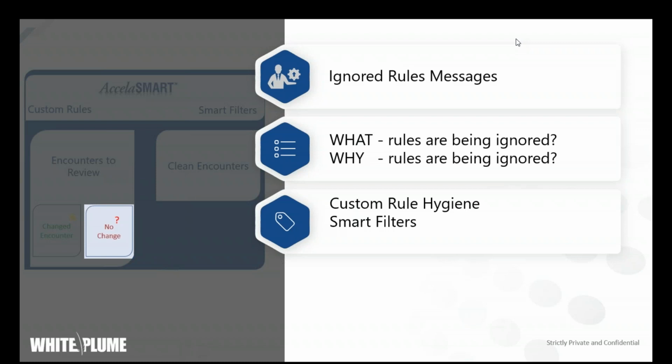Or I need to filter that out for Blue Cross Blue Shield and Humana, because they don't follow the same standard that all of my other payers do. Or maybe I need to filter it out for a particular provider or a particular set of providers. Smart filters are a very powerful tool. And what we're trying to do there is make sure you only get validation messages on the encounters that you need to look at. Because if you've got rules or messages that need to be filtered, that will move that over into the other bucket of clean encounters,